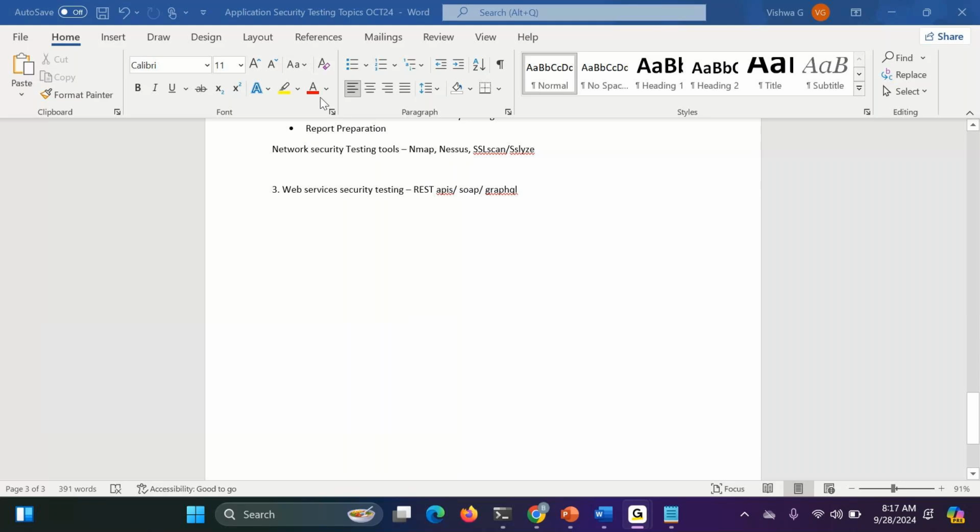More or less 80% the same functionality. The mobile application will have the same OWASP top 10 web application vulnerabilities: SQL injection, XSS, CSRF. Apart from that,